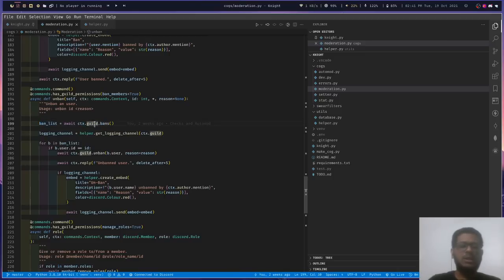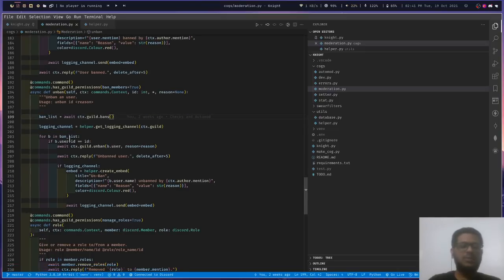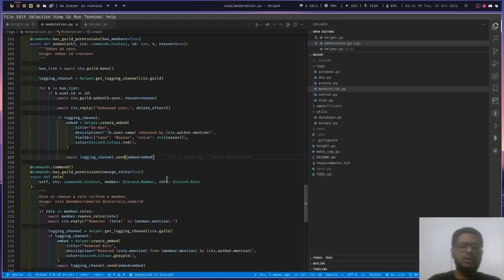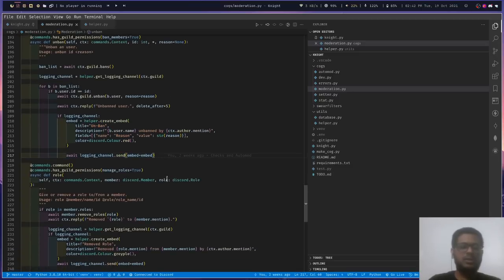The server in Discord is termed a guild, so we will get the banned list and check if the user ID is present in the banned list or not. If it is present, then we will unban the user. And same, this is the code for logging the action in the logging channel.